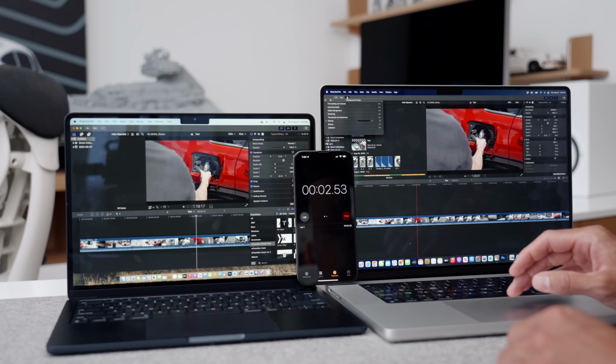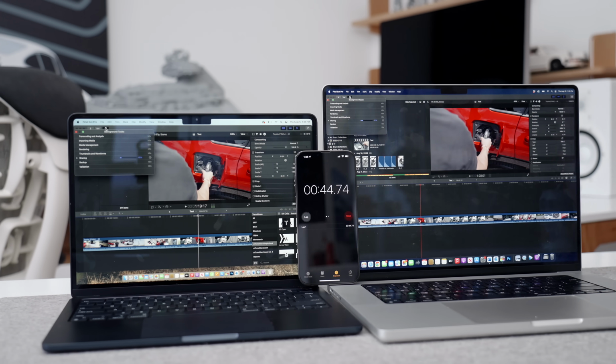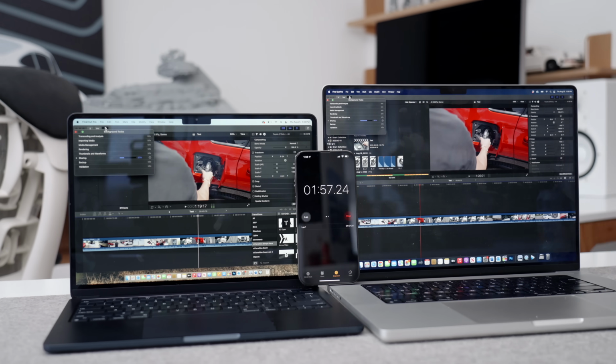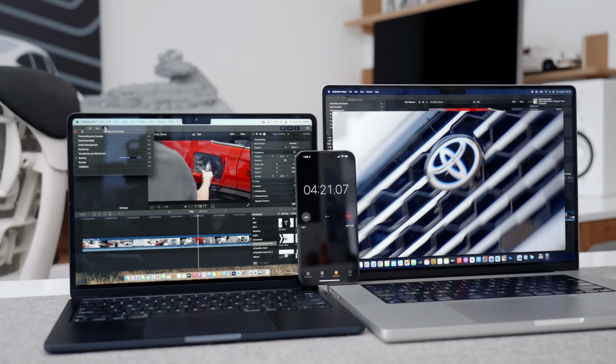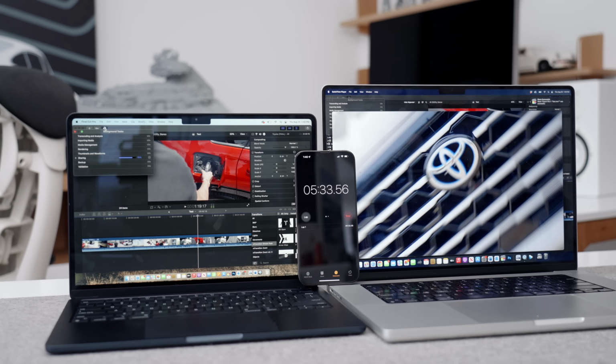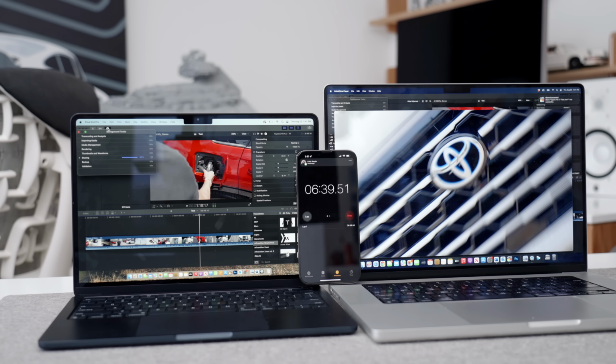I've rendered the exact same video, the same output, on Final Cut Pro, and you can see that it is significantly faster, especially for longer videos, on the 16-inch MacBook Pro. So as long as you're okay with waiting maybe a couple extra minutes at most, this machine is